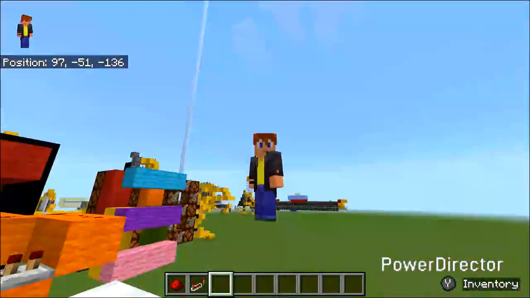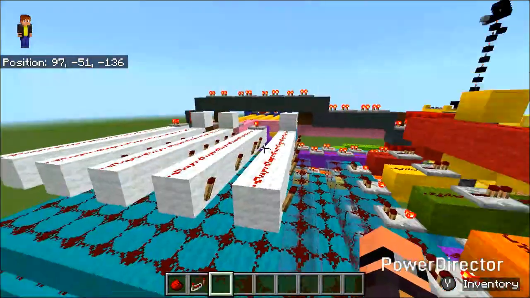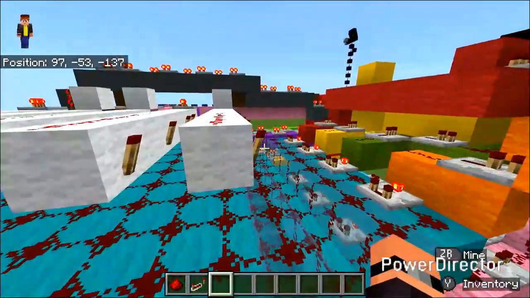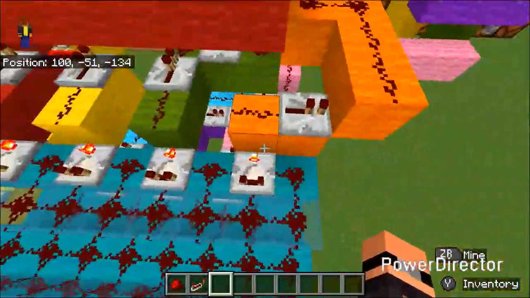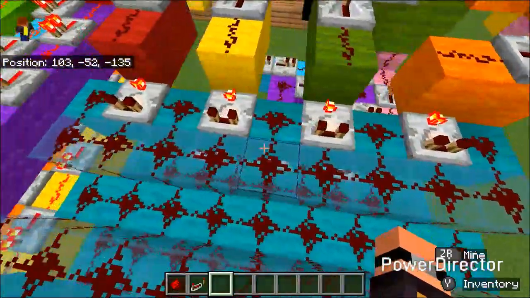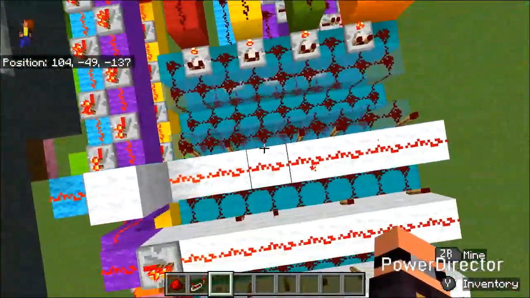Does that make sense, everyone? Let me know in the comments if that made sense. If it doesn't, maybe watch it a couple of times, because I think it makes sense to explain it. You're getting each of these outputs on subtract mode, you're alternating them like so, and then you've got each of these basically